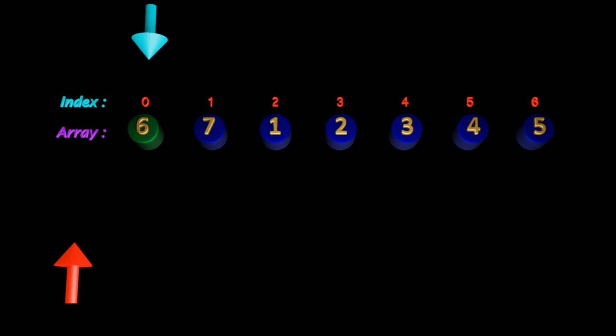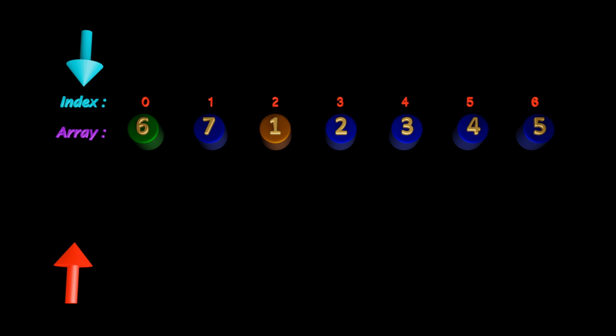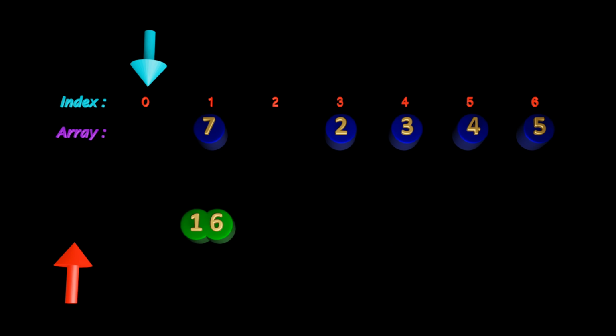The selection sorting is performed in this manner by selecting the first element in the unsorted array and comparing it with the rest of the unsorted elements. In every comparison, the minimum value of the unsorted array is marked. After finding the smallest element of the unsorted array, the index element and the smallest element are swapped. To get every element sorted, we need to repeat this process n-1 times.